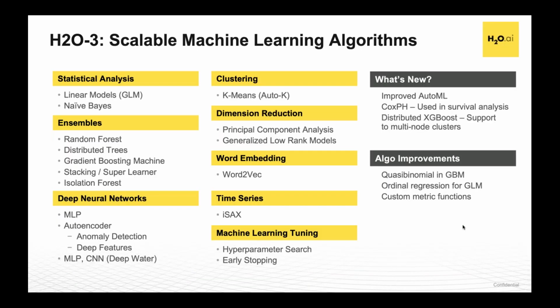H2O-3 offers two classes of machine learning algorithms, supervised and unsupervised learning algos. When it comes to types of algos in general, we do have statistical models, ensemble models, mainly tree-based models, and some deep neural nets, and clustering algos. Algos that help you build more usable data sets by dimension reduction,